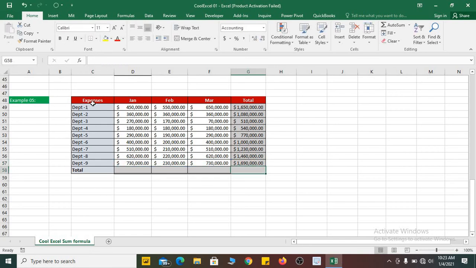Wow, it's working well. Now we want to find the total of January, February and March. How can we do that? Then come to this total cell and press Alt equal from your keyboard, or you can use the sum formula by writing this formula here, and press enter from your keyboard to have your sum amount. Okay, this is our sum amount.